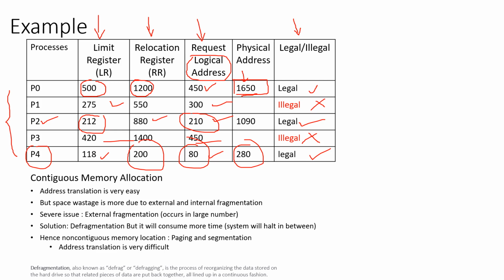Now, what is defragmentation? You must be aware that for hard disks also there is an option of defragmentation. So what we do there is we try to rearrange all the memory blocks together, and you can get the empty space at one place and the other data in another place. Okay, so this is called defragmentation in very easy language.